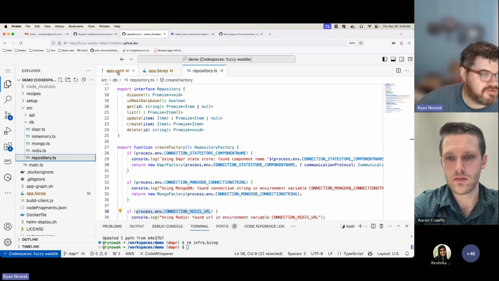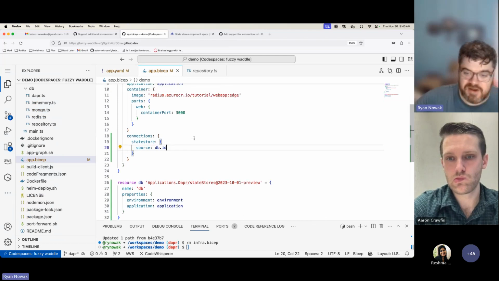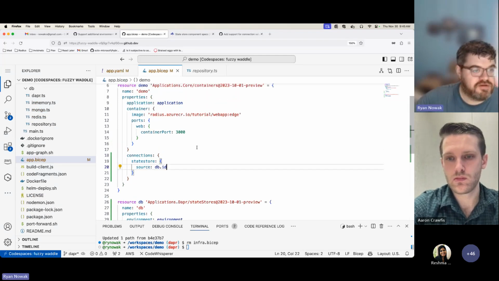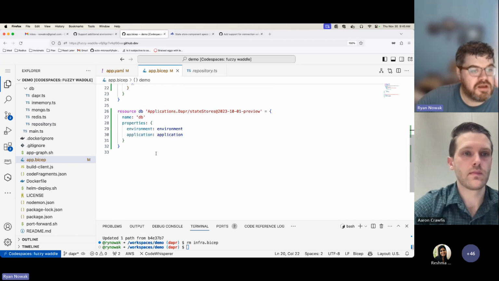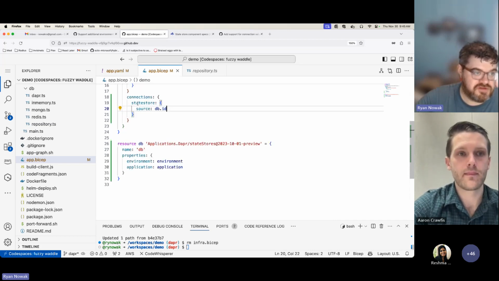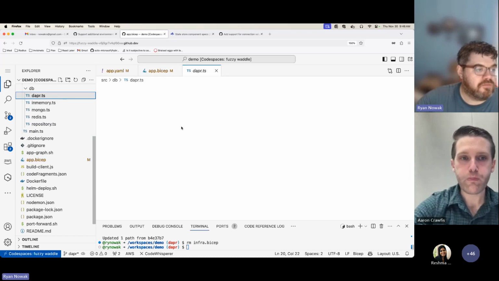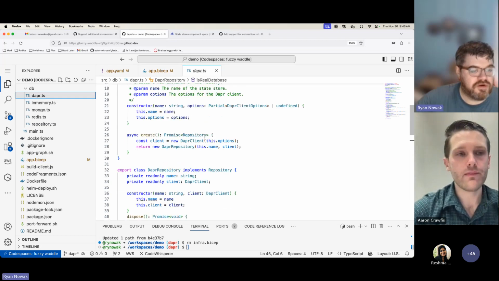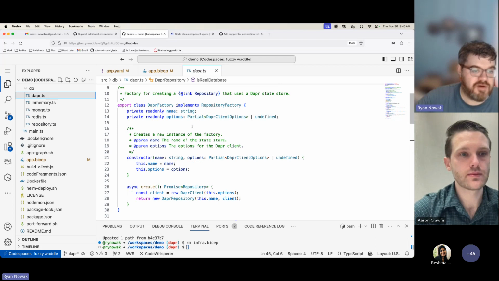And so here's my example app, and I'll just highlight a couple things about this. First of all, we've got the container deployed here. It's just the same container we've always seen. Second of all, we've got the state store deployed here, and we've got a connection to the state store. I called it state store in this case, so it's going to light up that code that I showed you before. When that happens, we're going to go down this code path, and we're going to create the Dapr repository